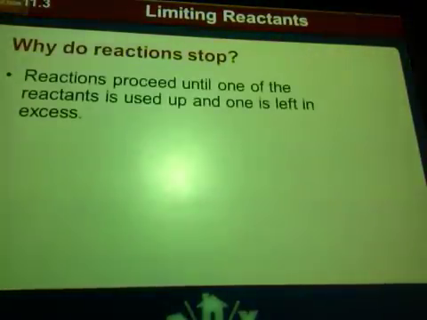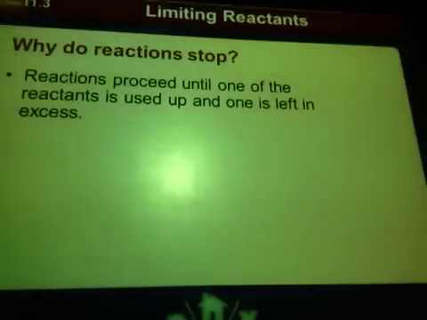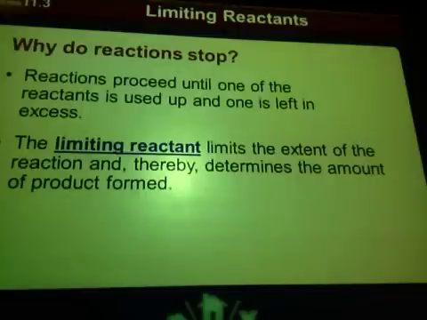Let's start off with limiting reactants. So why do reactions stop? Reactions will continue to go or proceed until one of the reactants is completely used up. So a reaction is going to continue to react until one of those reactants is completely gone. That means that if one of them is used up, then one will be left in excess. The limiting reactant will limit the extent of this reaction. So if the limiting reactant limits the reaction, then it's the limiting reactant that will determine how much product can